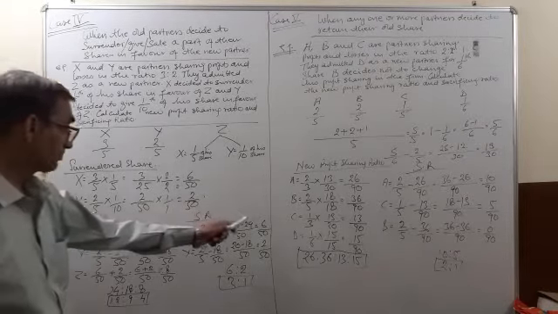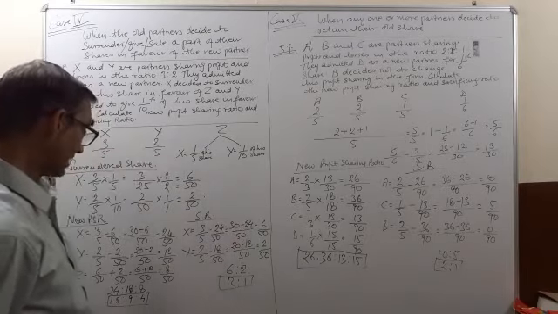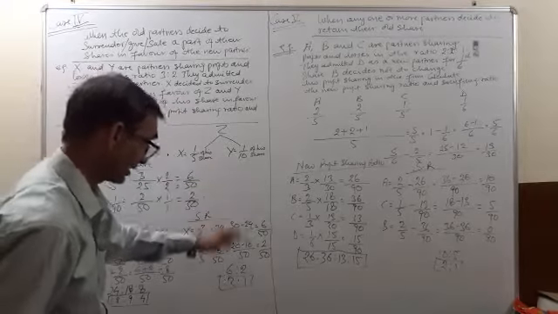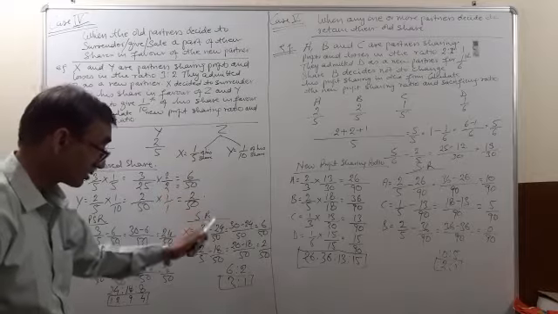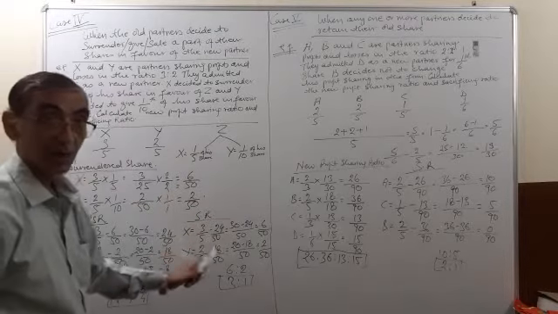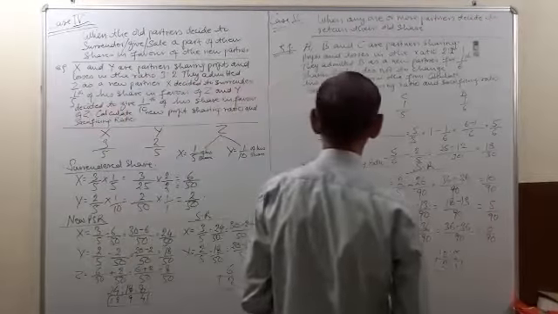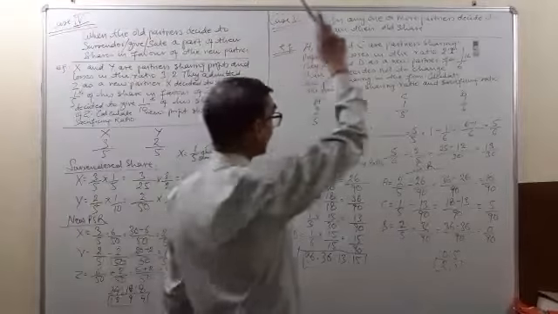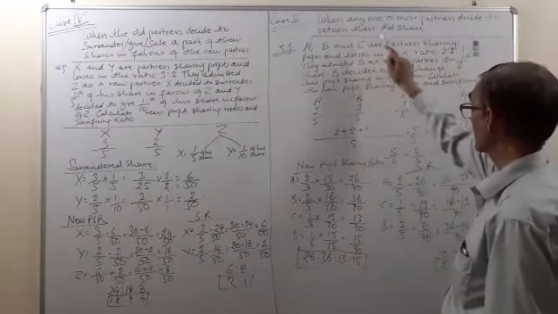So the part which the old partners have surrendered in favor of the new partner will become the sacrificing ratio, and it is to be shown while attempting the answer of such type of questions. Now case 5, when any one or more partners decide to retain their old share.